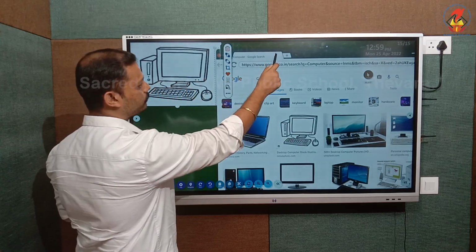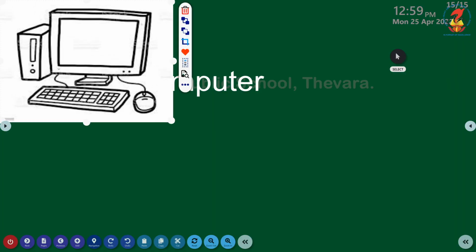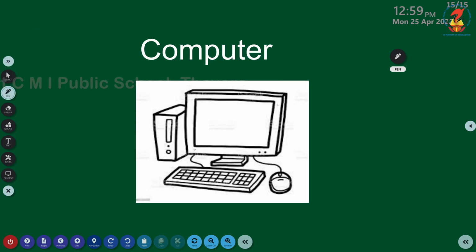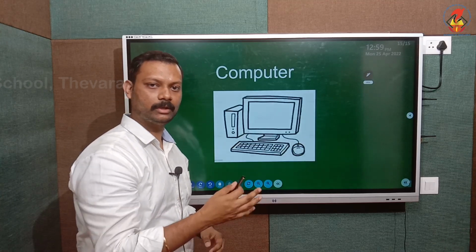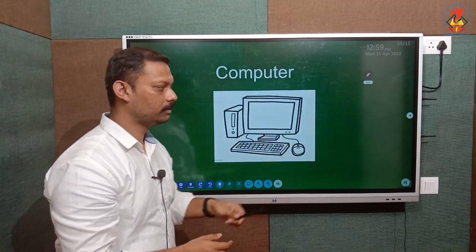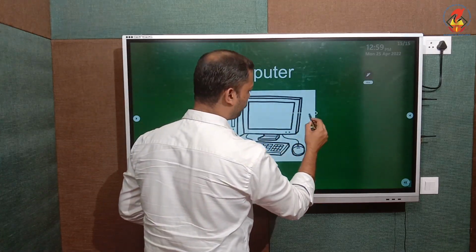Now you can close, and now you can see this is the computer. Even I can label this figure, or I can call a student or a friend and ask him to label this for me. Okay, so this one is the